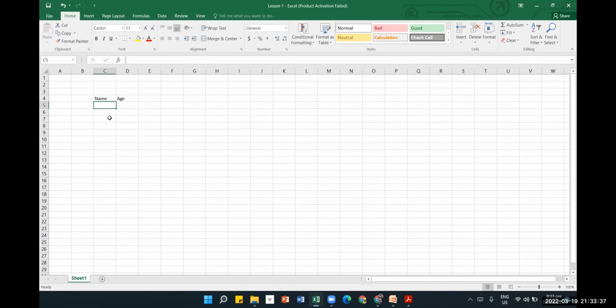Once you have done that, you need to save the file. If not, all the information will be lost. So you save the file. So the next thing is, after you finished all your work, you want to close your workbook. So how do you do that? You have to look at the cross button at the right corner. So this is the close button. You can see there are two other things, which are minimize and